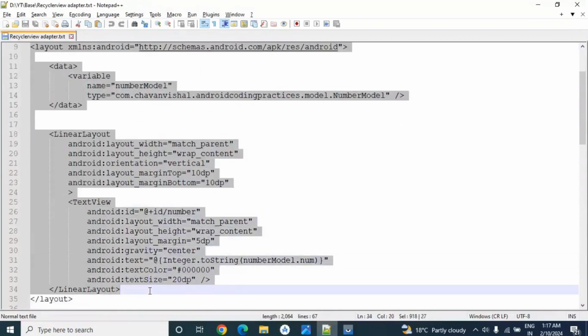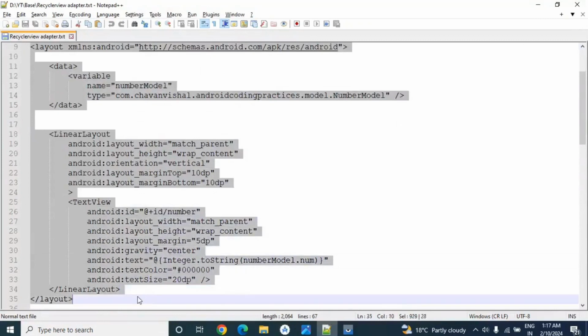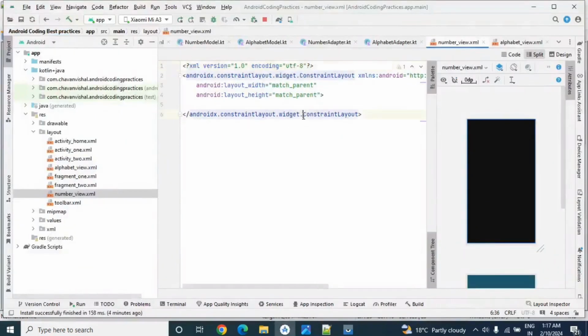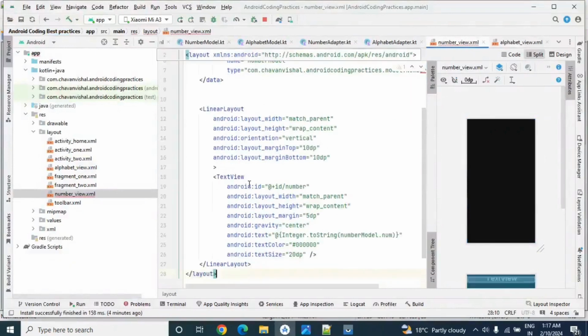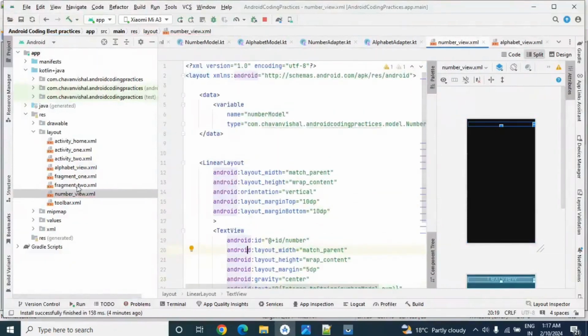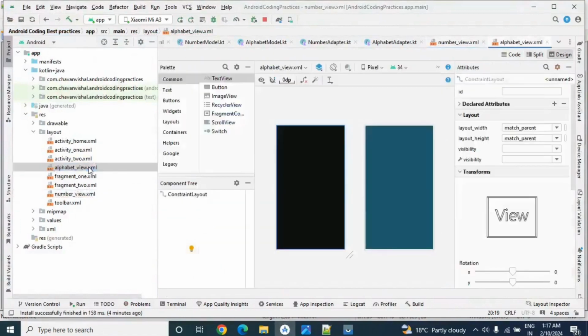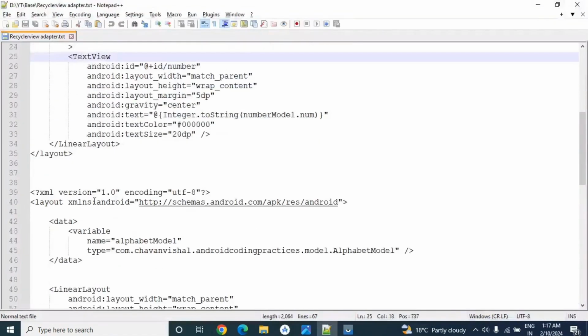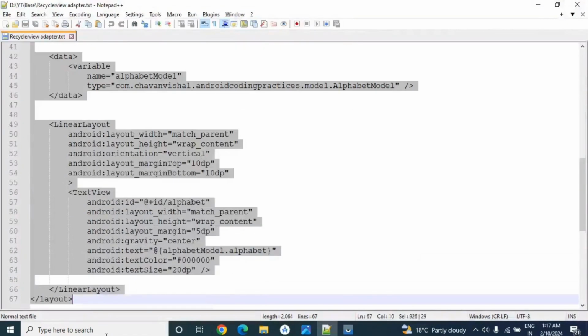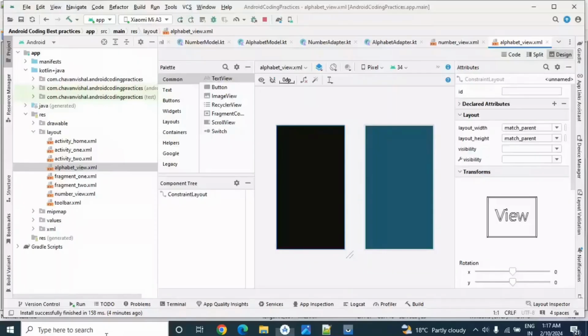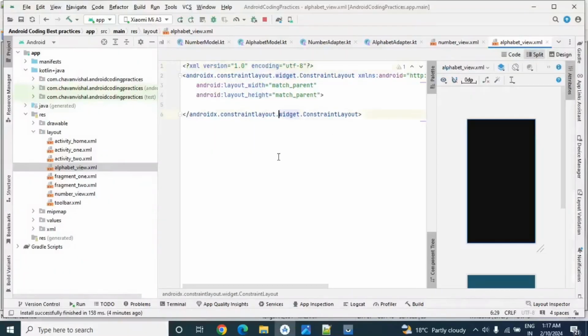So this is number view code. Okay, and this is alphabet XML file code.